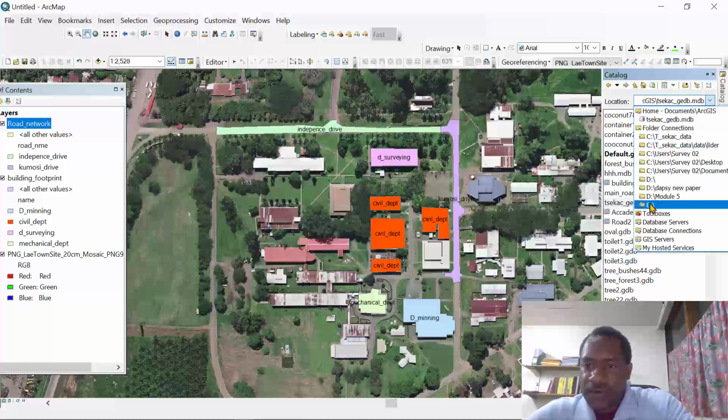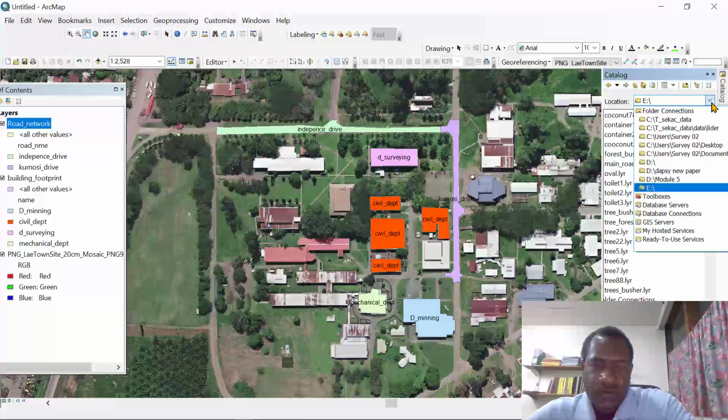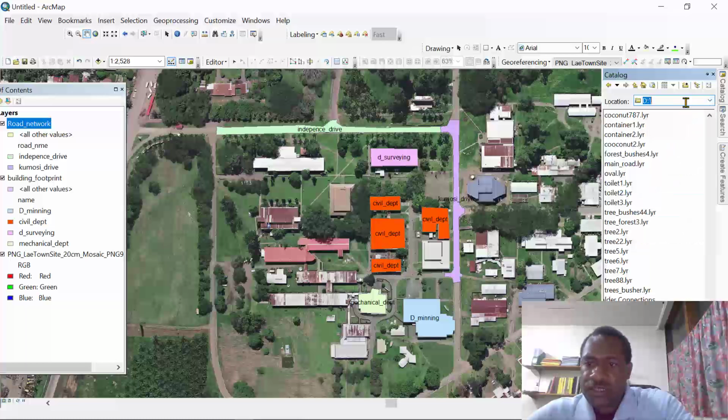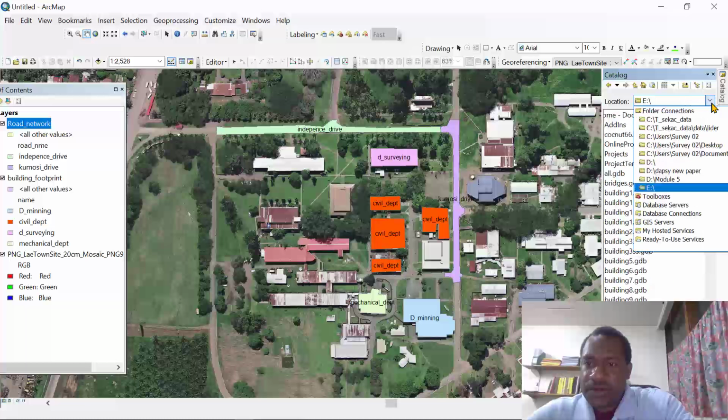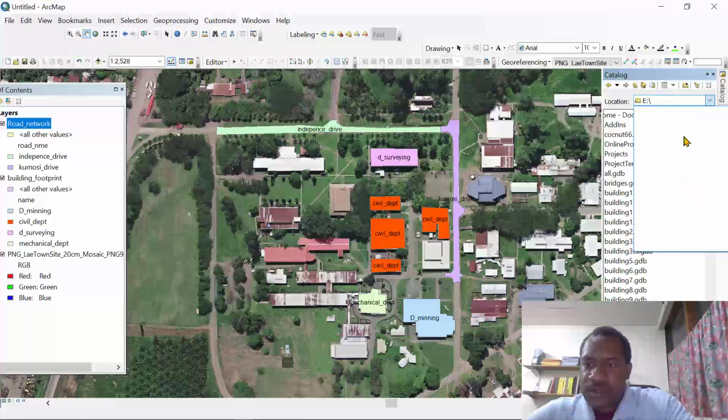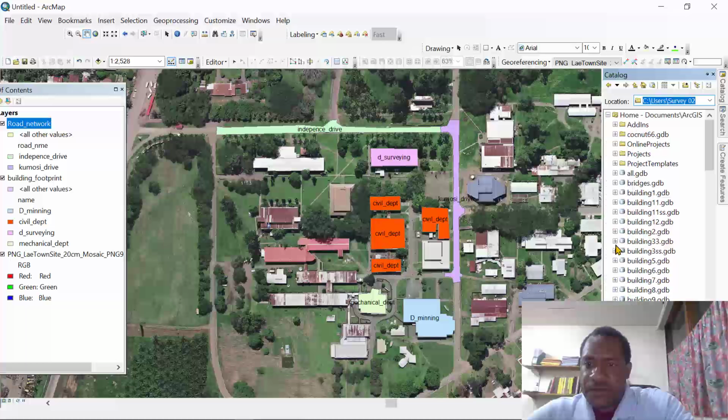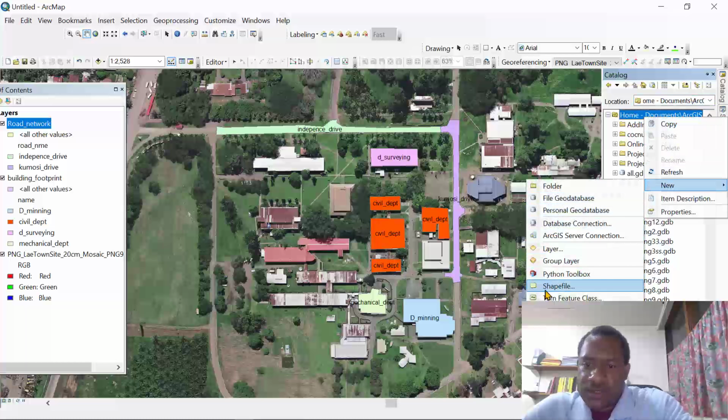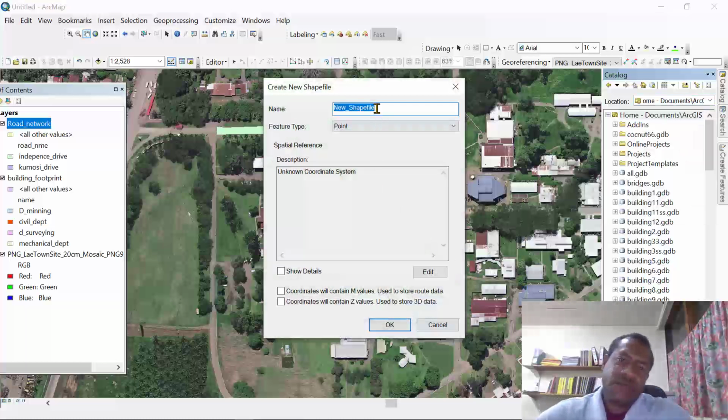I will say removable disk E, or yes, removable disk D. Let's say E. So I can go here. Let's say this one here. So I can go here, and then I will click there and then right click, new, and then the shapefile. In the shapefile I will say